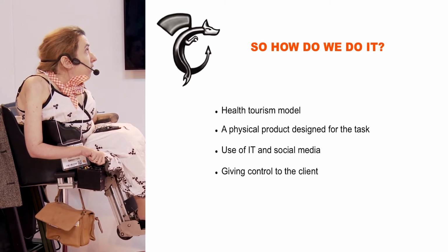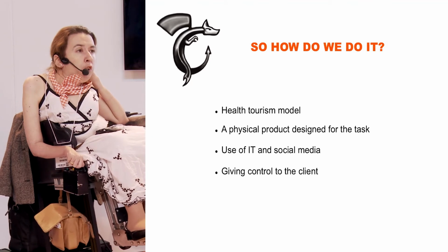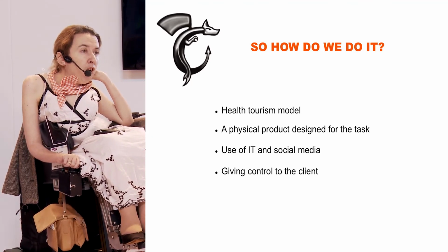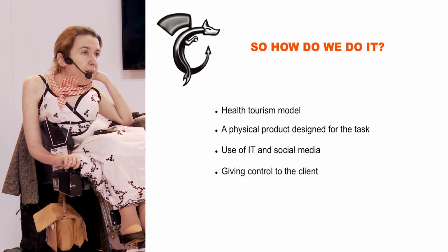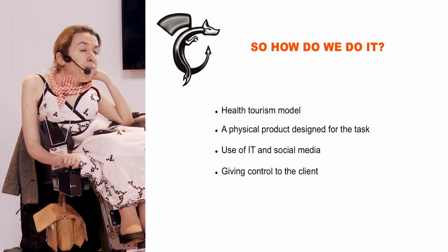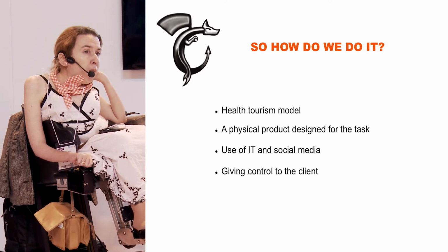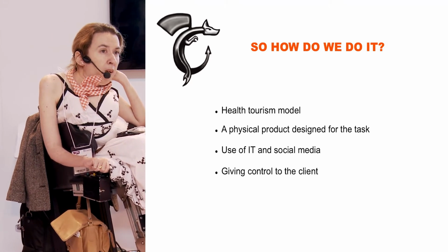I've talked about servicing. We couldn't do this without a physical product which was designed for the purpose. Our power chairs are designed for self-service. So if you can look after a bicycle, you can look after a Dragon or Snapdragon power chair. That means that whether you are up the road from us in Northampton from Cambridge,